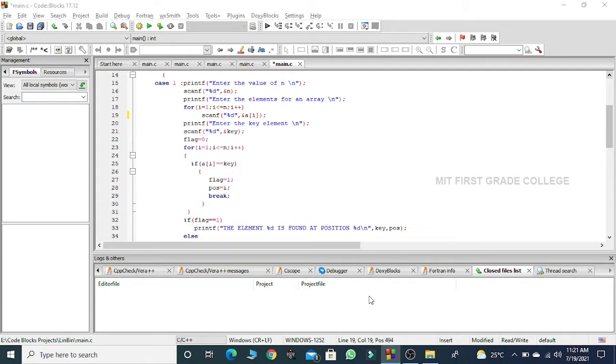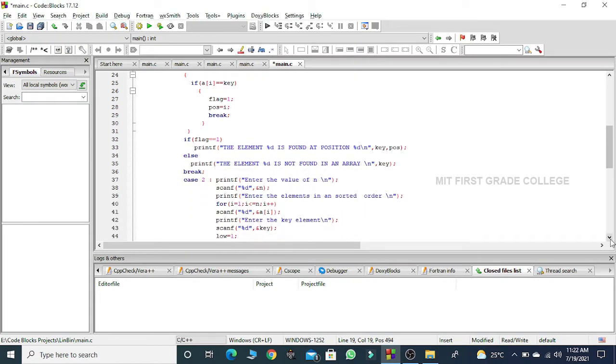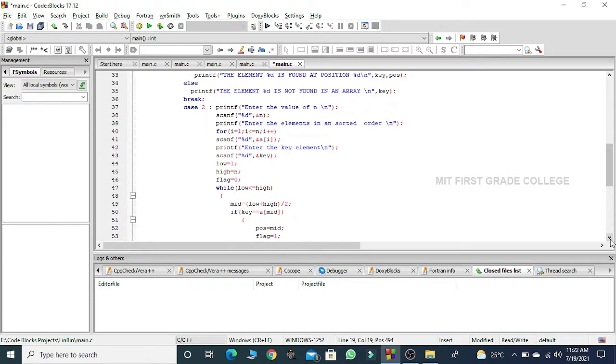If my flag is 1, I print that the key element is found at the position. If my flag is not 1, that means the search is unsuccessful, and the message that the key element is not found in the array will be printed. This is about the linear search technique.